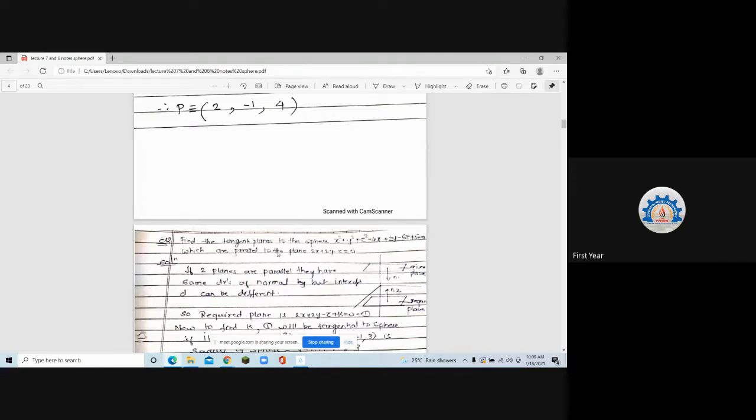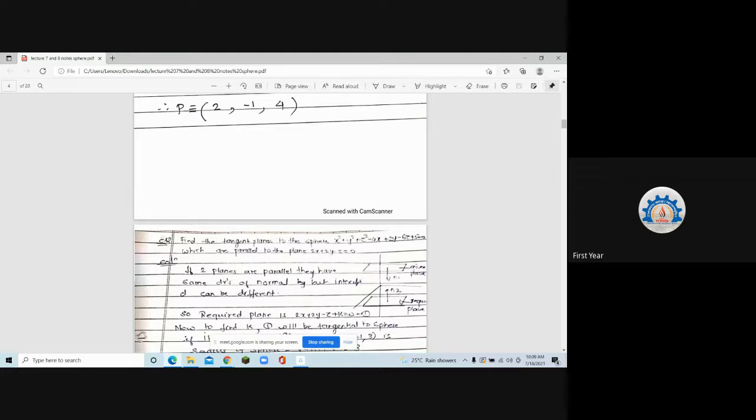So can anybody tell me what is the relation between two planes when they are parallel to each other? If the two planes are parallel to each other, what is the relation between the two? Then their normals are same. Absolutely right. Can you see the diagram here? Just see here the two planes that I have drawn. One is above the second one. They are parallel to each other. Plane 1 and plane 2. Can you see that, everyone? Yes, ma'am.